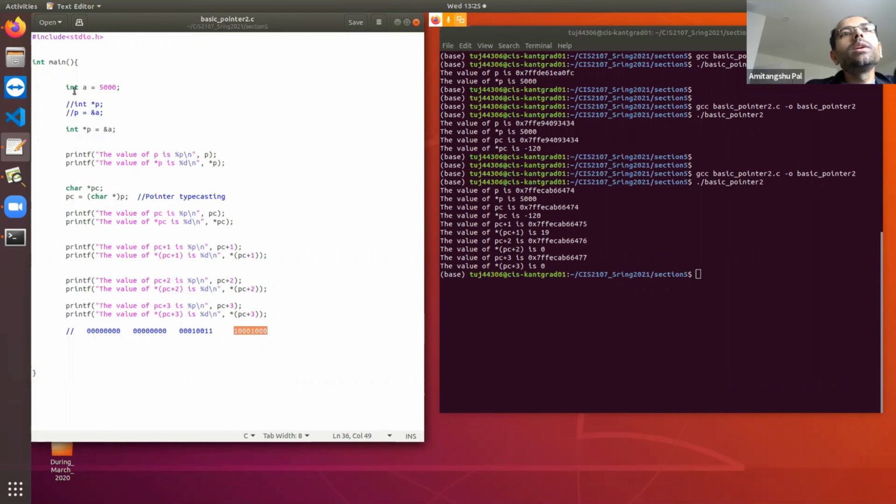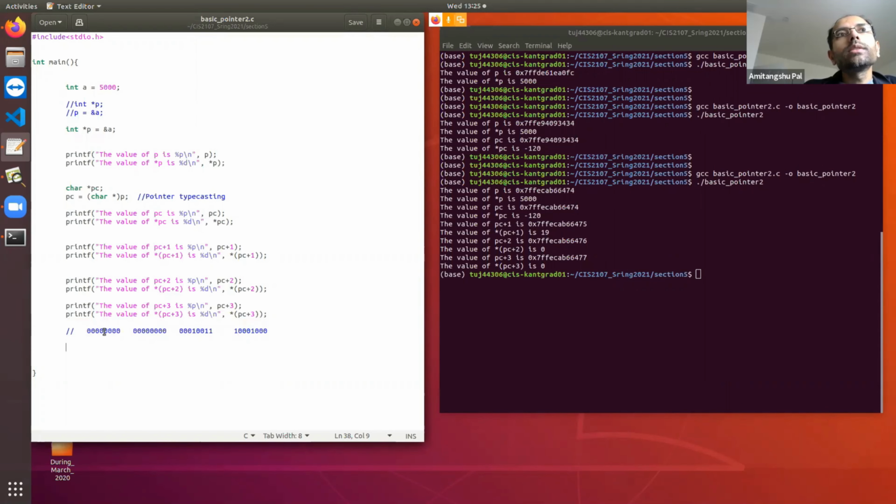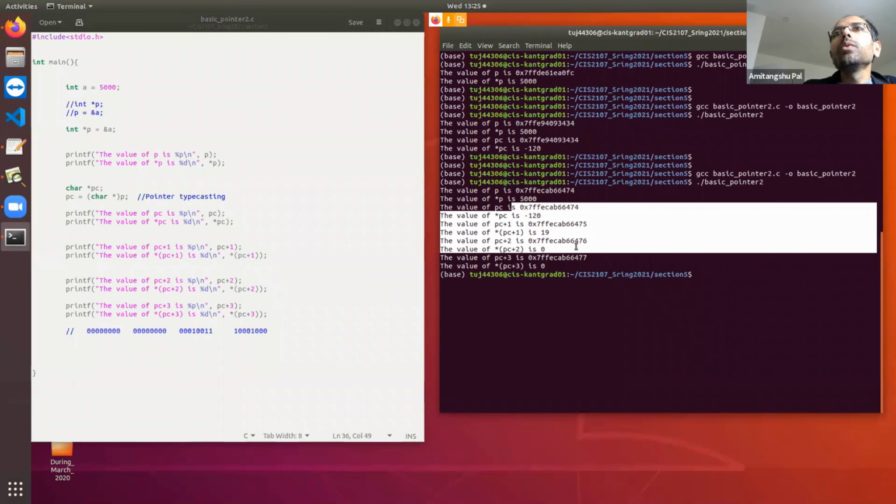Because if it were Big Endian, then PC would have pointed to this, which has the value of 0, but PC is not pointing to this, PC is pointing to this. You see, the first byte, which is 0, is stored at the end. The second byte is stored before that, the third byte is stored before that, and the last byte is stored first.